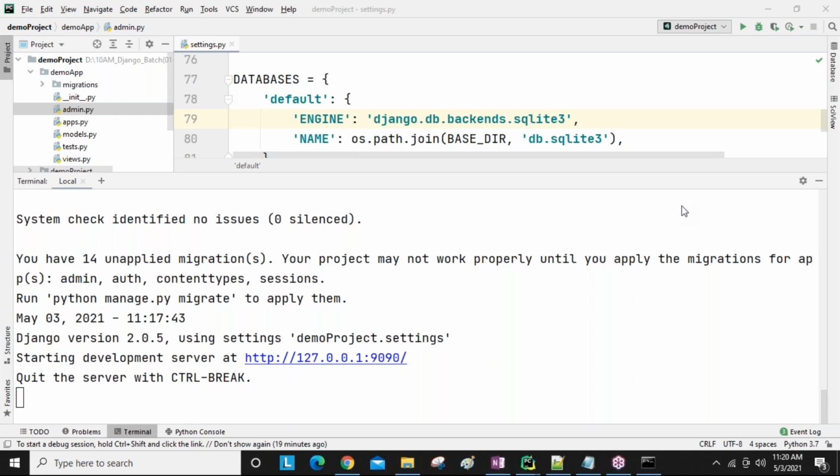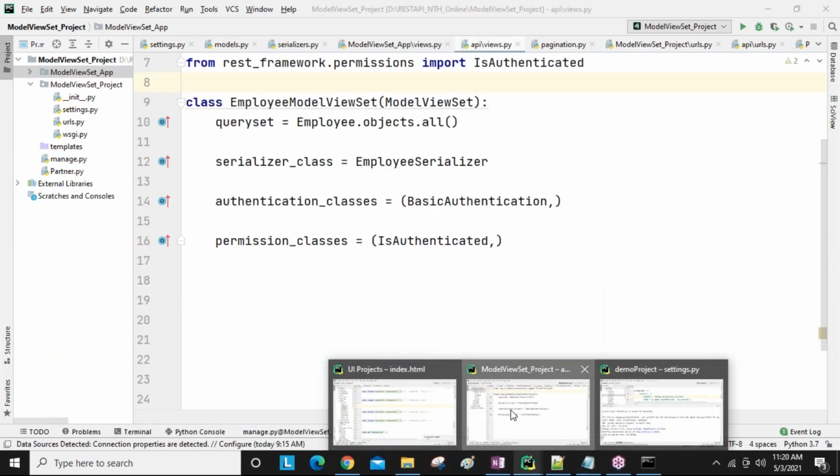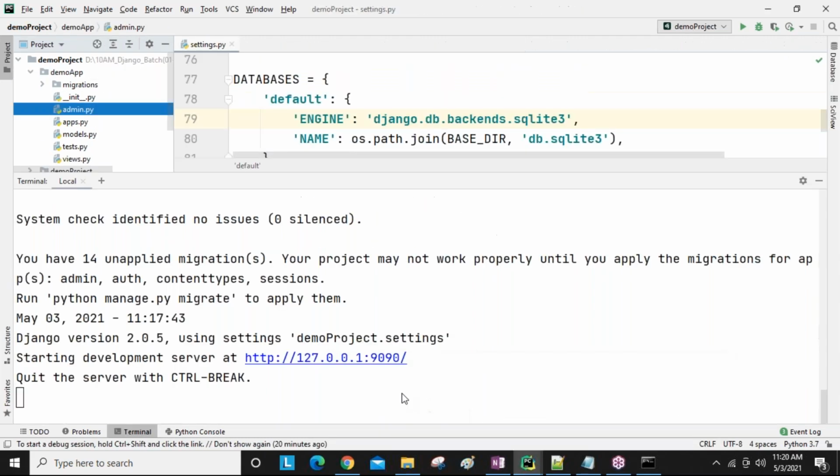Right now I'm using multiple PyCharms, guys. Here I opened one project, and here I opened another project. The same port number cannot run multiple applications. That's why we give a different port number each time when we are executing.